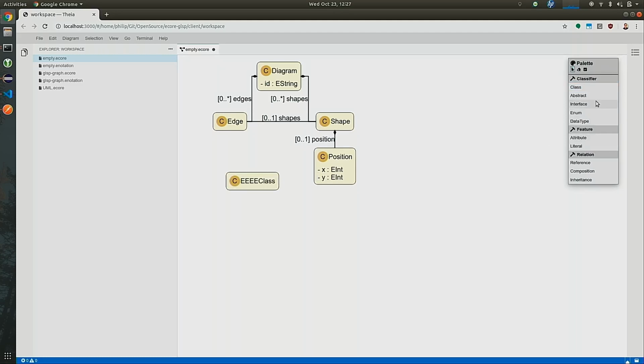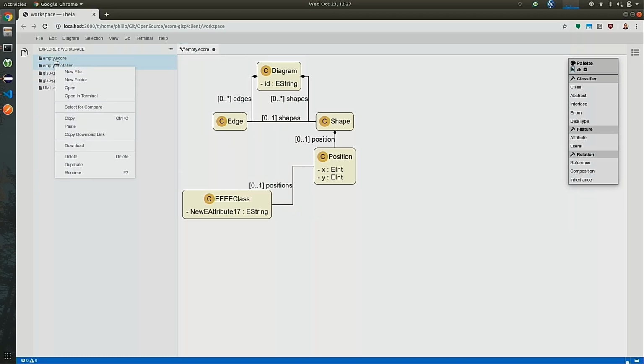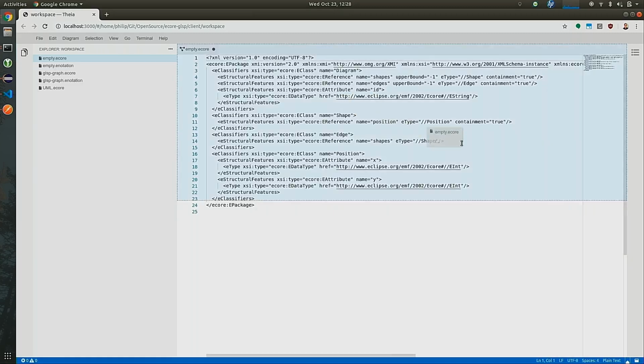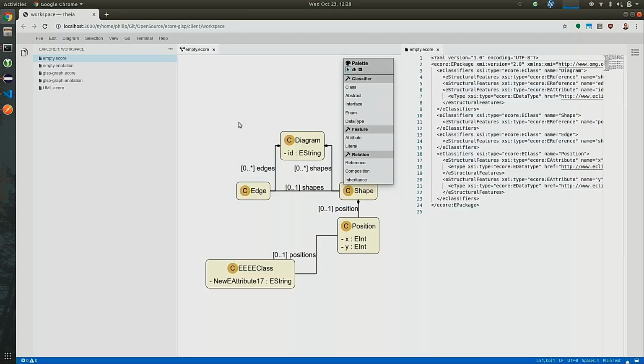And we can then add an attribute to it. And obviously, we can also then add a reference, for instance, to this one. And the cool thing really is, now if I, one second, open the same Ecore editor in the code editor, so those of you who know XMI now have an advantage, because as soon as I save this diagram,